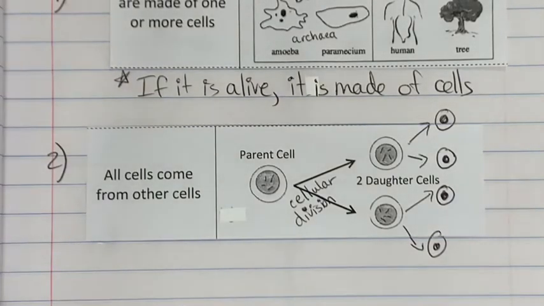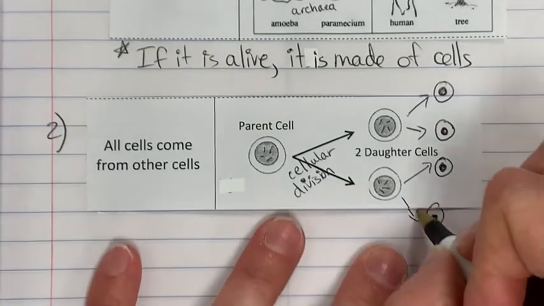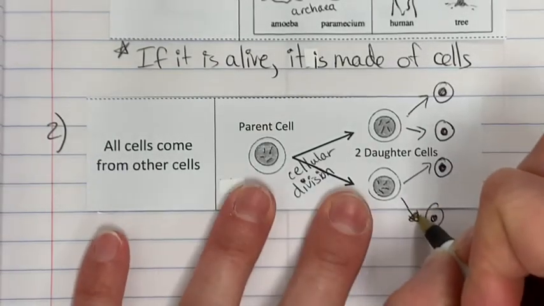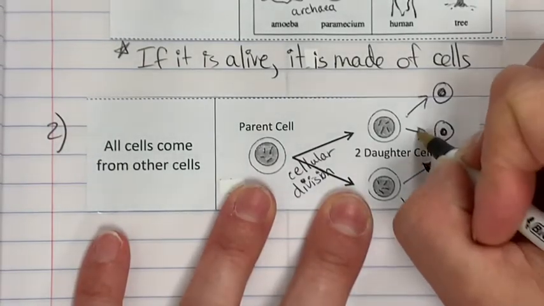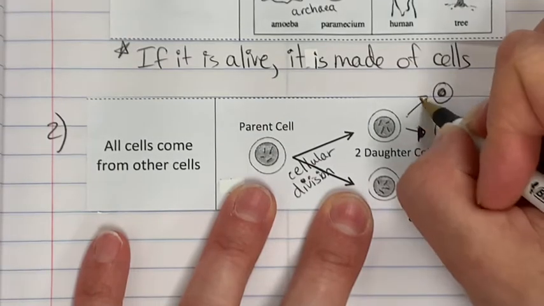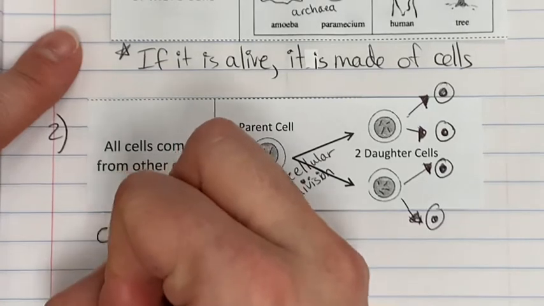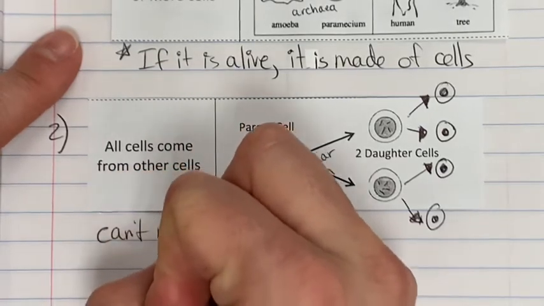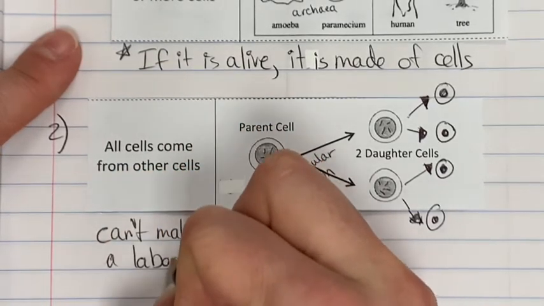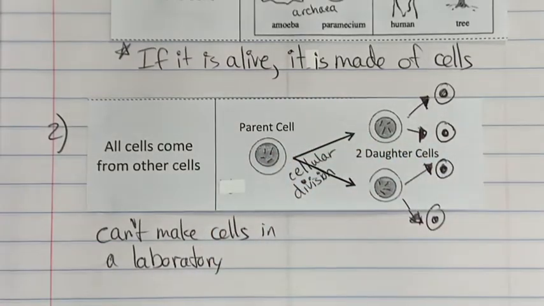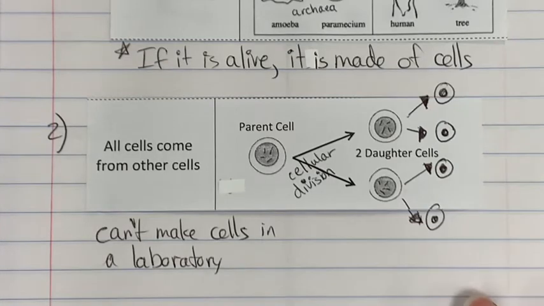So a cell can't just magically appear. A cell doesn't come from a bunch of non-organic things and you piece them together and you make a cell. Okay, you can't make cells in a laboratory. Similarly, cells cannot spontaneously create themselves. Okay? So,